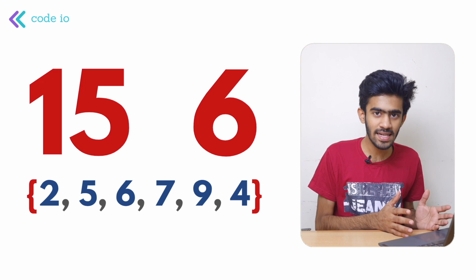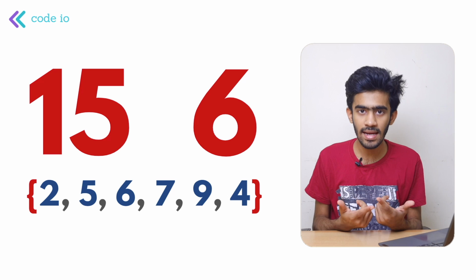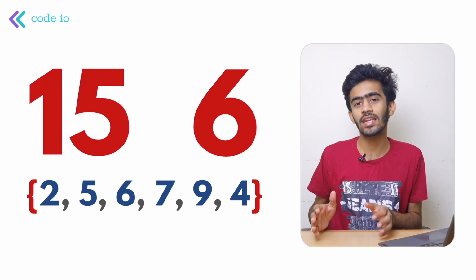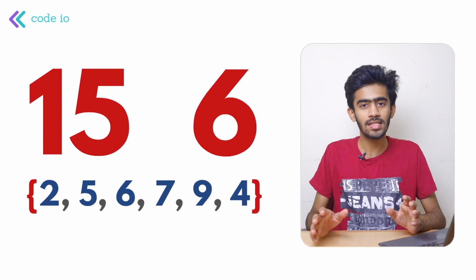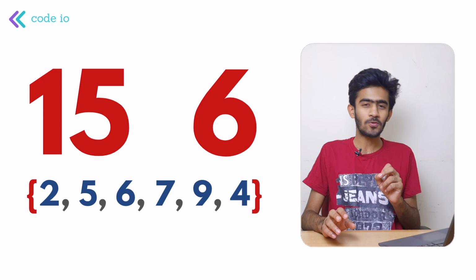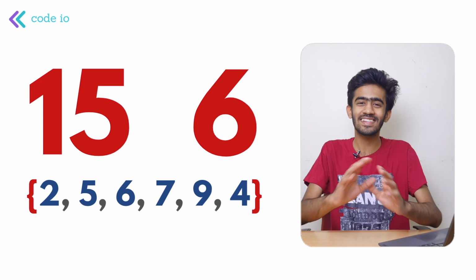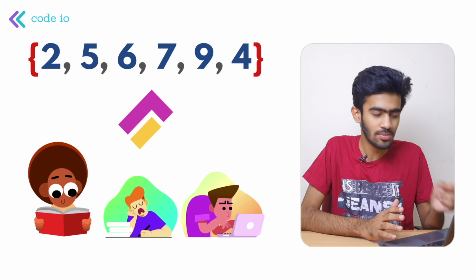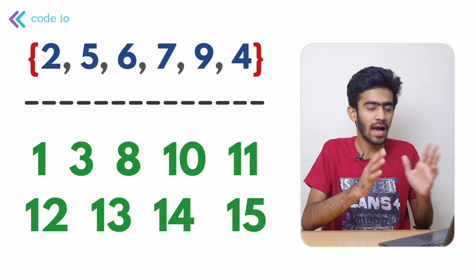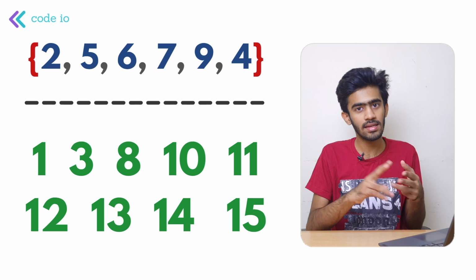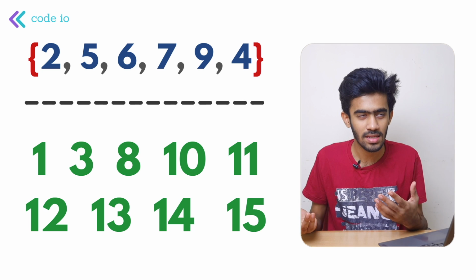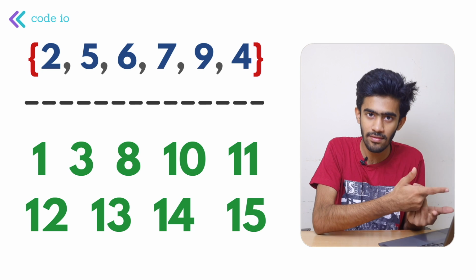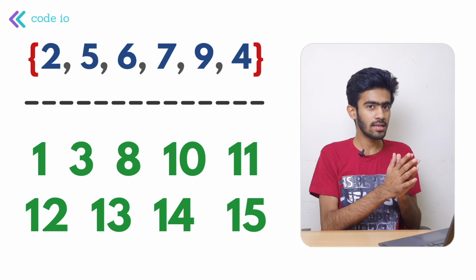So in 15 tasks, 6 are completed, so 9 are remaining, and these 9 tasks has to be completed by the remaining 2 of the group. So that is the 2 girls, Tanya and Manya. So the name seems a little weird to me, but still it doesn't matter. So as I said, 6 tasks has been completed by these 3 guys in the group, and the rest is of course 1, 3, 8, 10, 11, 12, 13 and 14 and 15. So out of the 15, 6 has been completed, that is given to us, and we are finding this array.